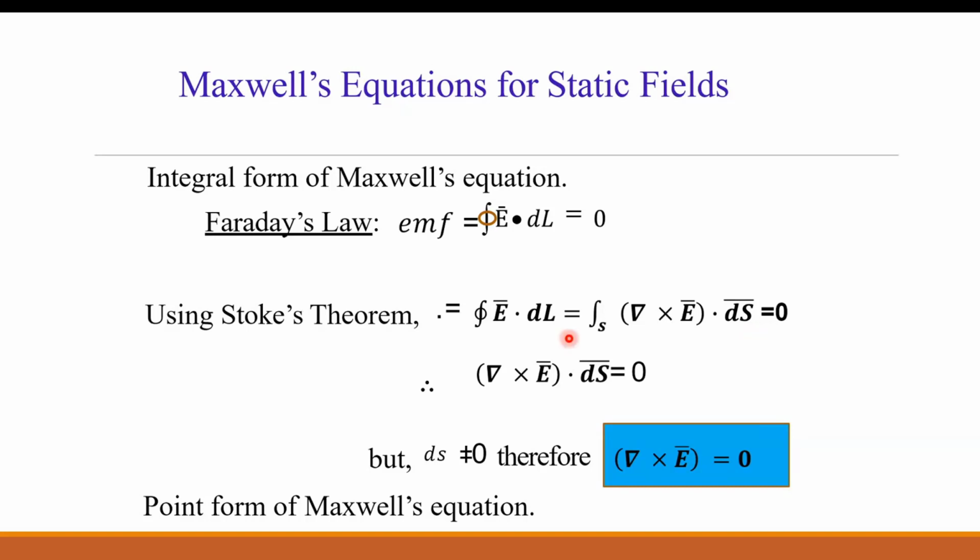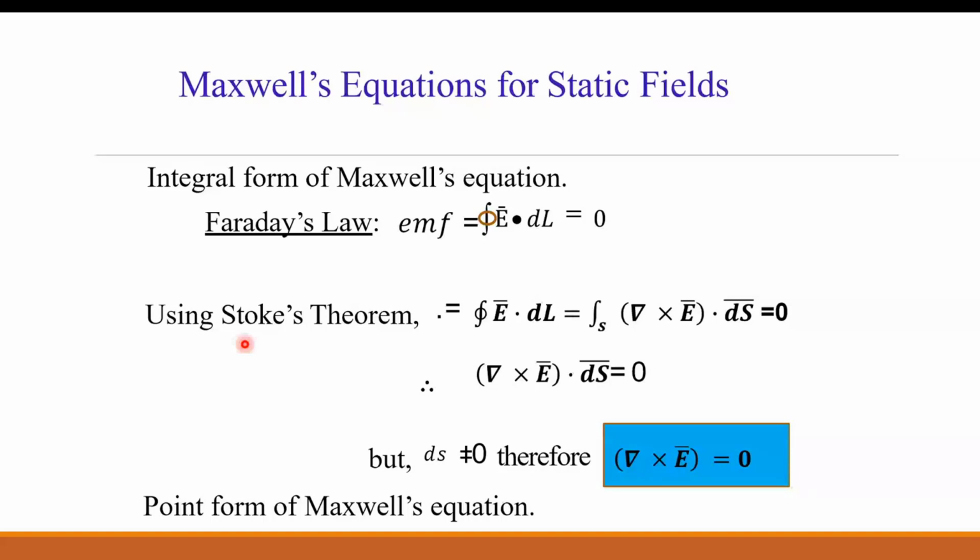But आपण स्टोक्स थेरम कुठं बघितलाय? मॅग्नेटिक फील्ड मध्ये बघितलाय, आणि तिथं आपण काय लिहिलं होतं? क्लोज्ड लाईन इंटिग्रेशन ऑफ एच बार डॉट डीएल बार इज इक्वल टू surface integration of del cross H dot ds, that we have seen in case of magnetic field chapter. But the same Stokes theorem we have applied for electric field E bar. The field can be anything. We can apply the Stokes theorem, and we can say that line integration is equal to surface integration of curl of that vector quantity.